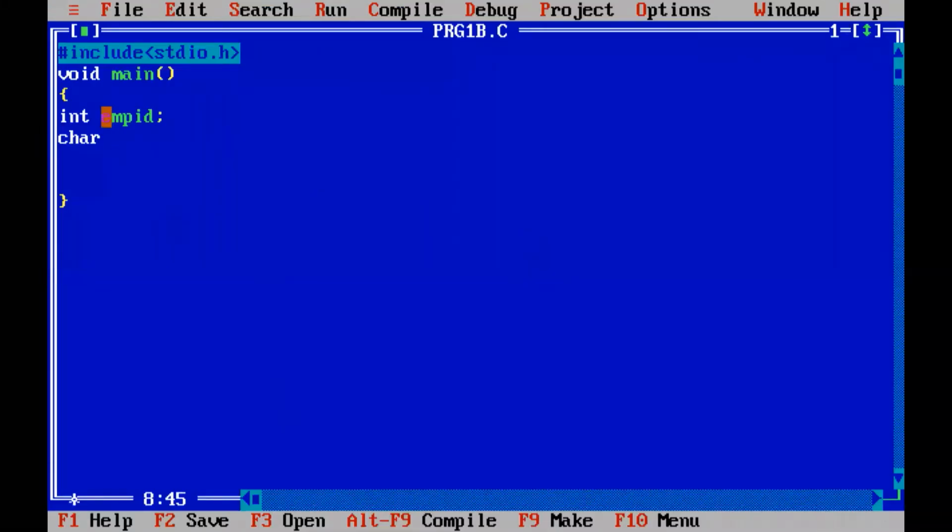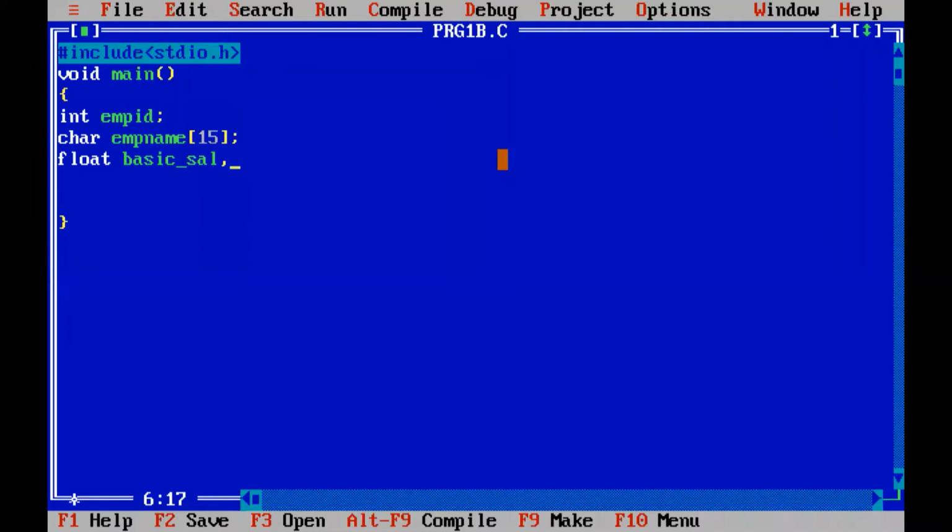So for the character array, we will be using the employee name as a character array. So you can give EMP name. Again, don't give any space in between. That is better. Underscore is allowed, but if you are not sure, don't give it. Then float. What are the things which we are going to accept? Basic salary. Either you can give underscore, or if you want to give it as a single term, you can give basic sal. I'm giving underscore. Try learning using underscore because underscore is allowed. If you want, you can avoid giving it.